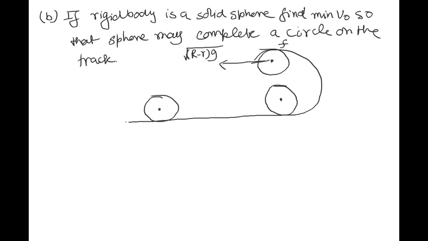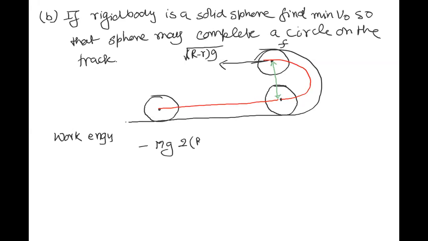Right? Remember this. The radius of the circle is R minus r. And how high did it go? ये कितना distance है? हाँ. So work energy. Please follow my steps carefully. नहीं Anish, you cannot add two quantities having different units. Work energy: minus mg (2R minus r) is equal to,